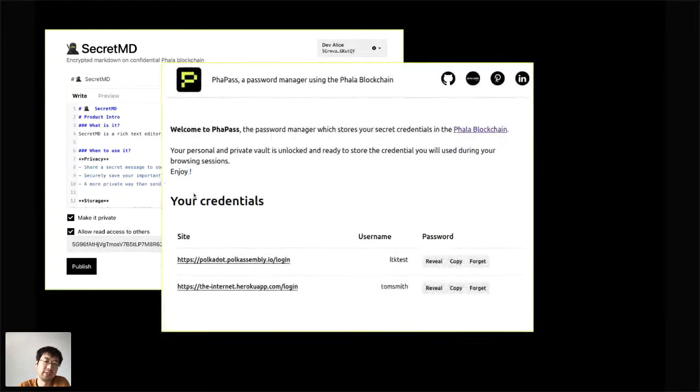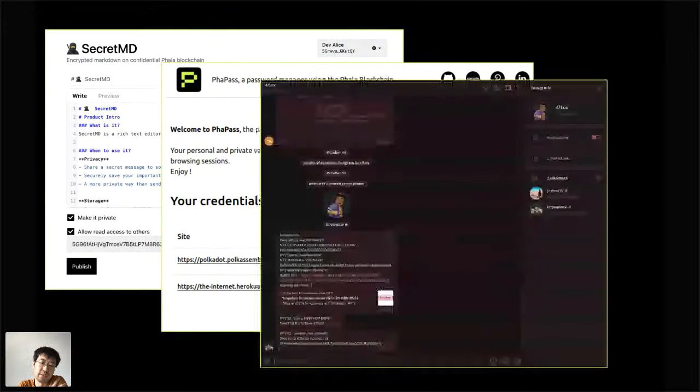And also there is a password manager, and this is a Telegram bot, which is backed by our contract. And recently, someone has also implemented a two-factor authentication tool with our contract. So all these things can be done.